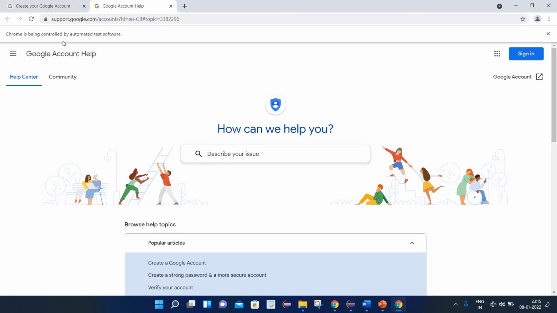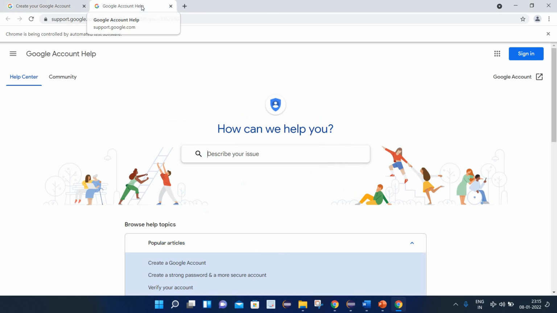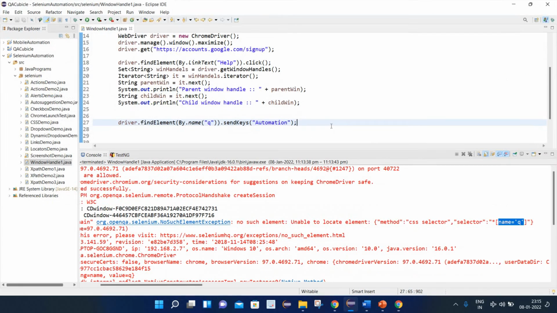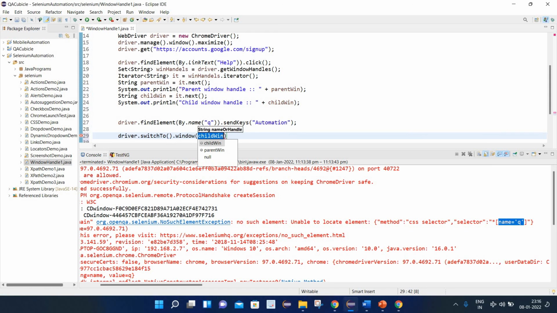The reason is that by default the WebDriver's context is on the parent window itself, so it is not aware that another window is opened here. We need to switch the context from the parent window to the child window to work on this Google Account Help page. How can we switch the context? For that we need to write driver dot switchTo dot window, and we need to provide the name of the window.